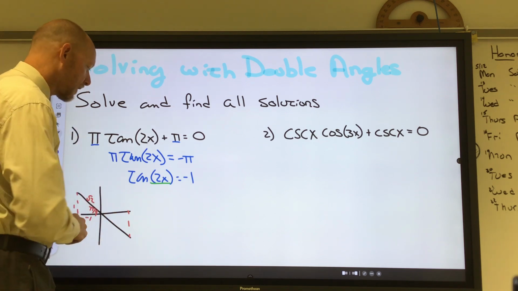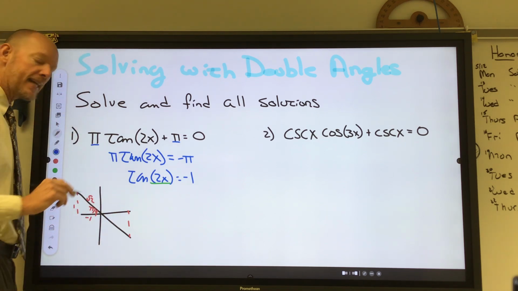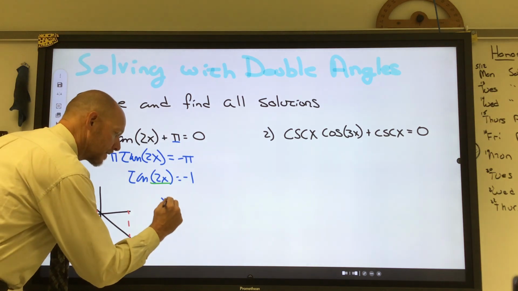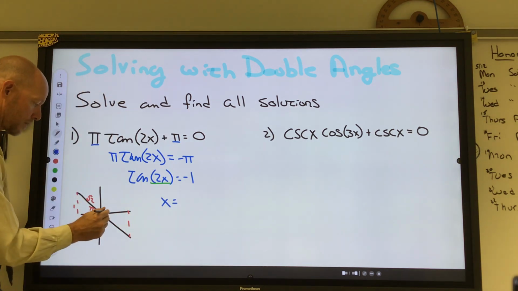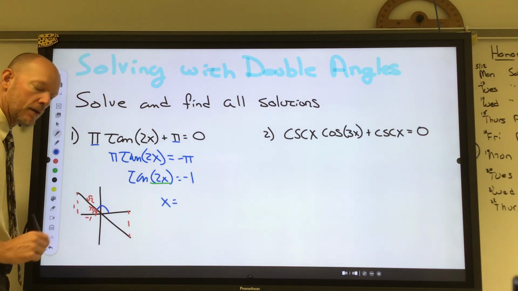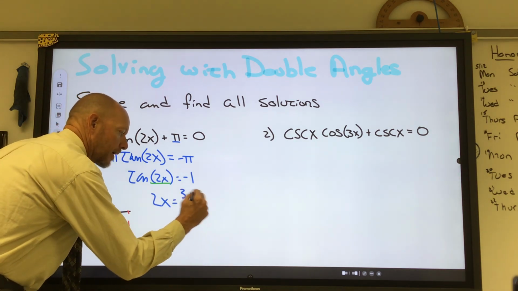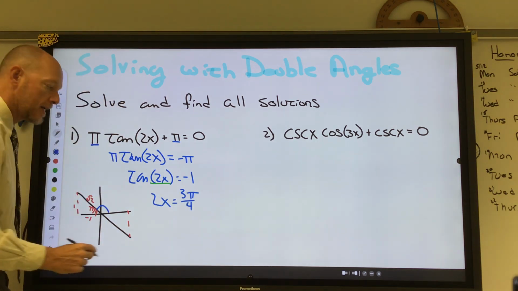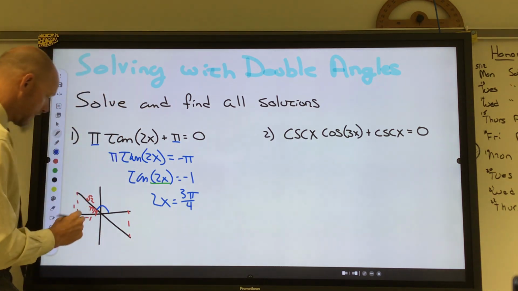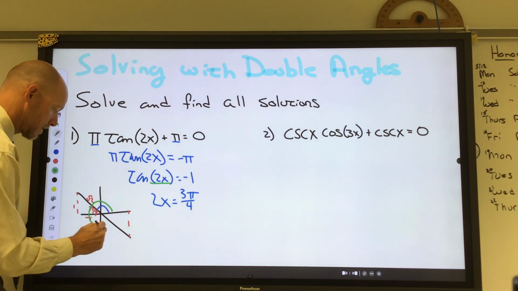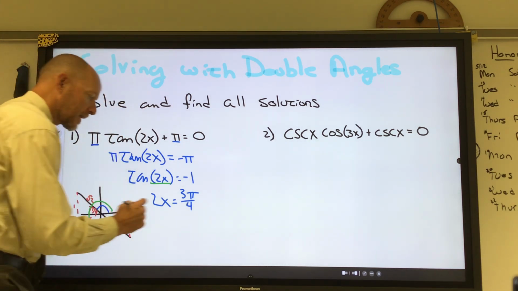So now here's where the catch comes in. Instead of saying x equals 3 pi over 4, I say 2x equals 3 pi over 4, and 2x equals what's going to be 7 pi